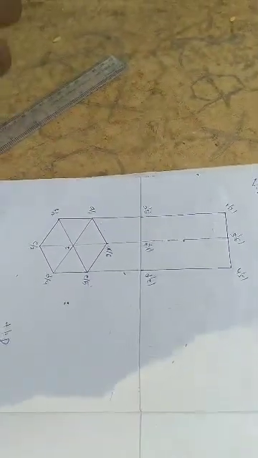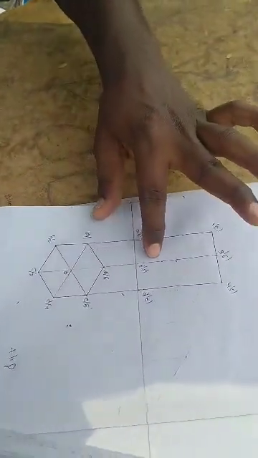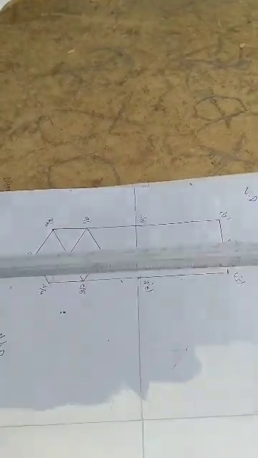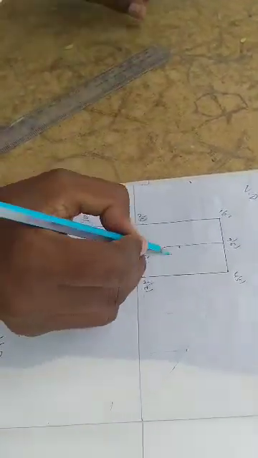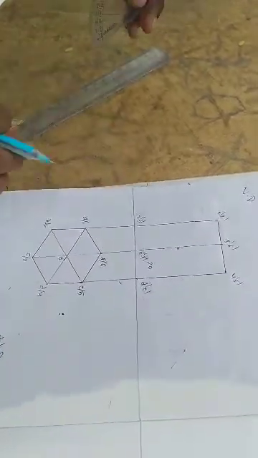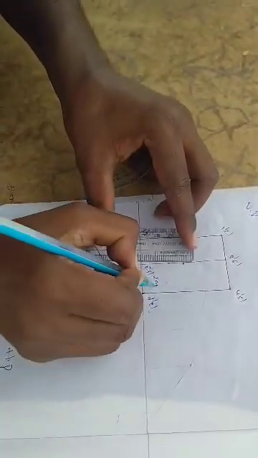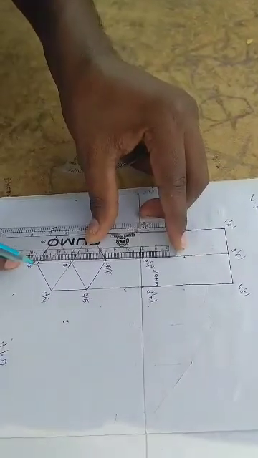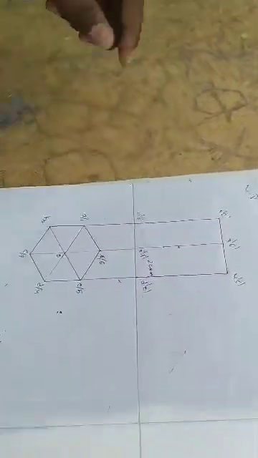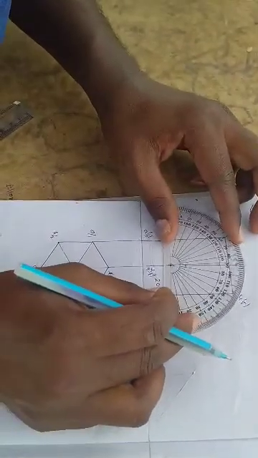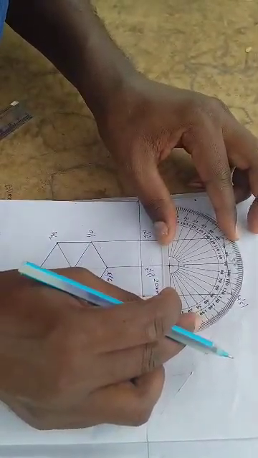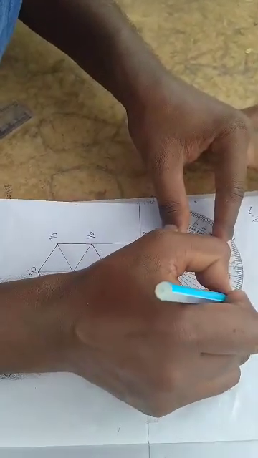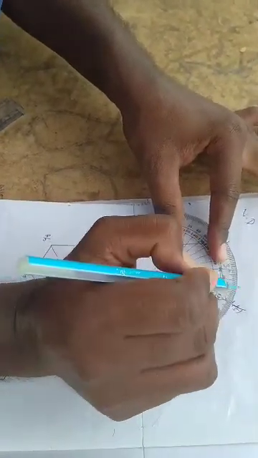Next, from this axis, an auxiliary inclined plane cuts the prism at 20 mm height of axis. Measure the 20 mm distance. Next, with a 60 degrees angle to the horizontal plane, make a 60 degrees angle.